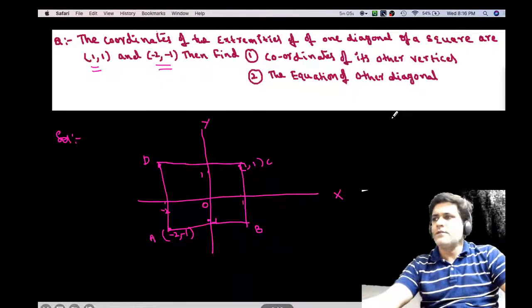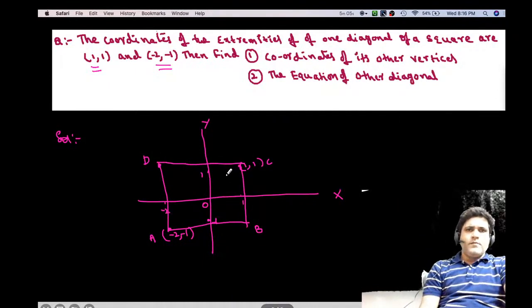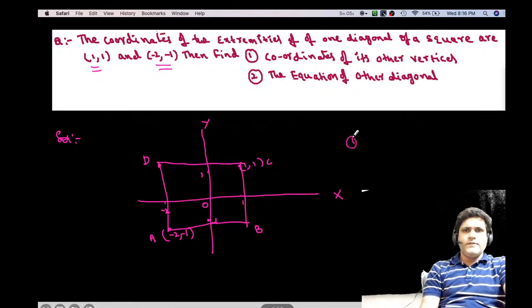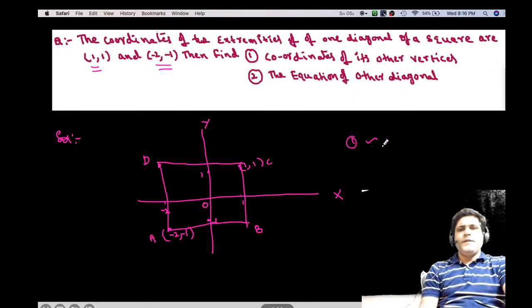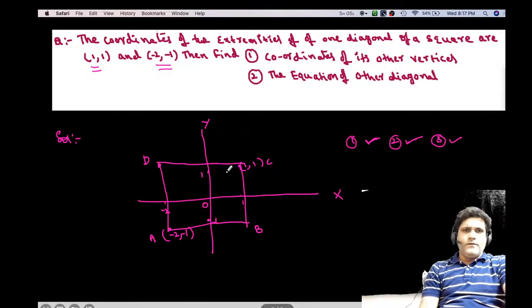What are the properties of the square? In a square, diagonals bisect each other. Second point, diagonals are equal, the lengths of the diagonals are equal. Third point, diagonals meet at a right angle. That is the third point. So first, because diagonals bisect,